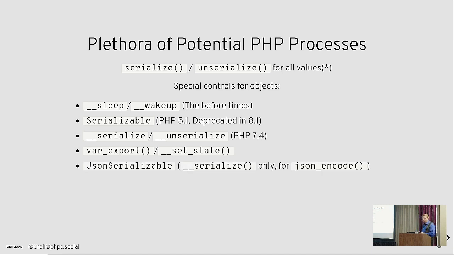There's also JsonSerializable, which is very niche, and it's not symmetric. It works in exactly one place, for sending data out through JSON, and it's rare that I only want to do that. So that's not very useful either. So the useful options are serialize, unserialize, and var_export. So which one should you use?